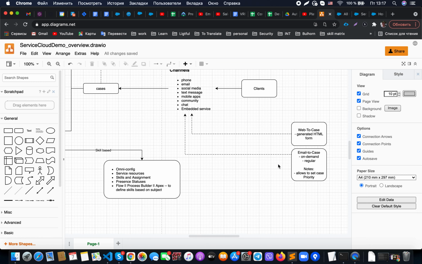For email to case, it's for example when you would like to have some kind of email address, and when anyone sends an email to this address, it should create a case in Salesforce. You have the possibility to do so, and in Salesforce there are two options. One is to use the on-demand option, and the possibility to use it based on the customer software requires additional effort, like specifying and installing a specific email agent, which is usually not necessary. All you need to do is go to Salesforce, go to service setup, and specify the email that you would like to use as a customer facing email for support,